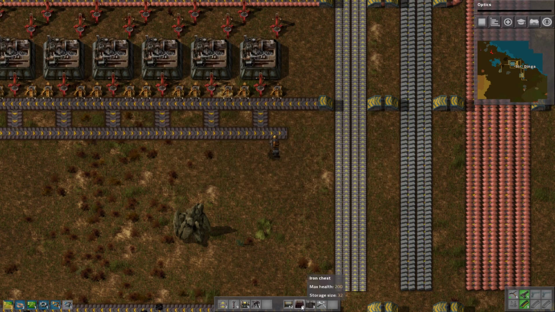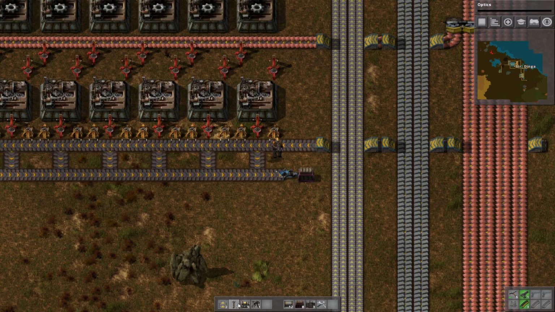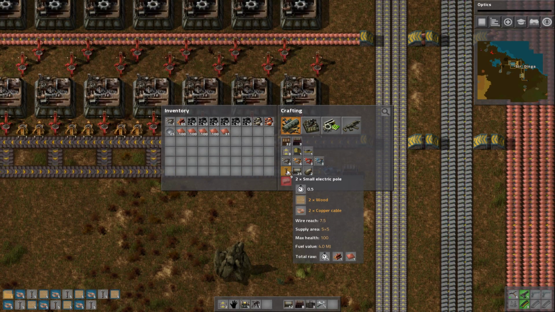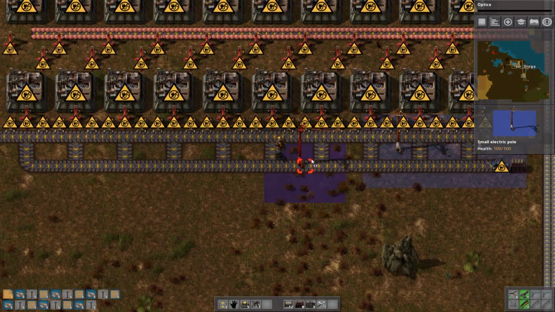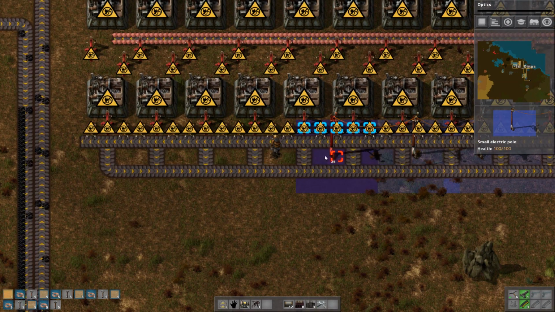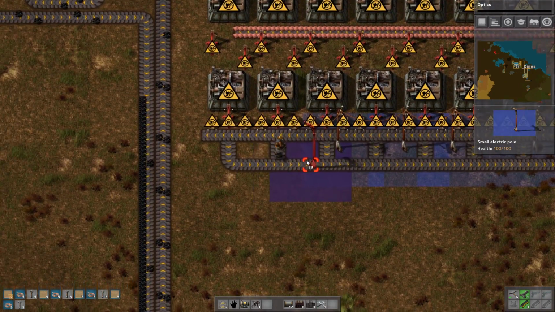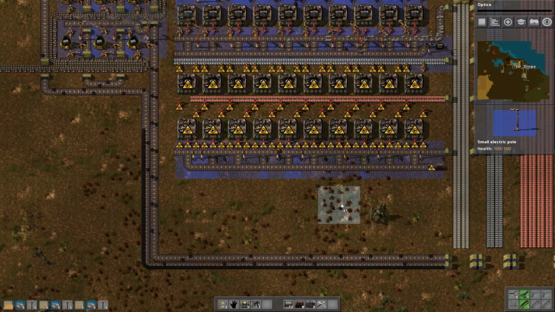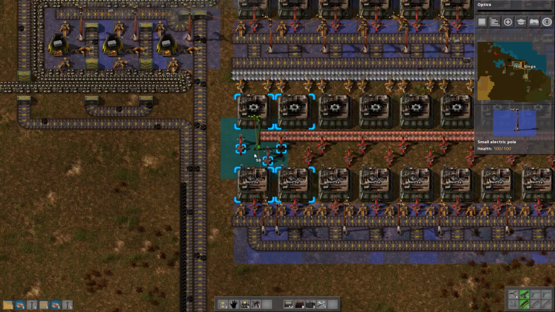And one fast inserter. There we go. Right, so what we'll do is we're gonna need a lot more copper poles. Right, and then we're just gonna have to place 2 at the end. That's the only thing that's gonna power that up, which is unfortunate, but oh well. And then of course we can just go